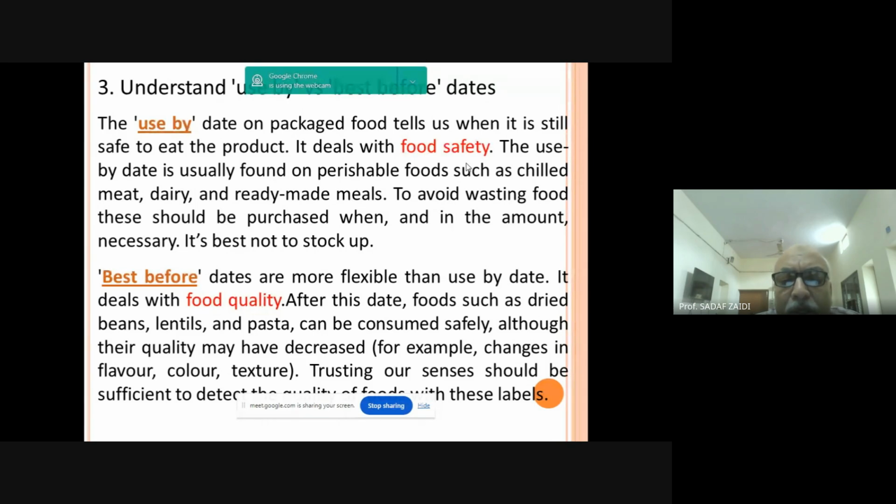तक दैट यू कैन यूज। तो उसको हमें फेंकना नहीं चाहिए। जैसे कि ड्राइड फ्रूट्स हैं, बीन्स हैं, लेंटिल्स हैं, पास्ता है, तो उसको हम बेस्ट बिफोर डेट के बाद भी यूज कर सकते हैं, लेकिन यूज बाय डेट के बाद हमको चीजें यूज नहीं करनी चाहिए। तो हमें क्या करना चाहिए कि जिन जिन फूड्स पे यूज बाय लिखा हुआ है उनको उस डेट से पहले कंज्यूम कर लेना चाहिए हर हालत में।